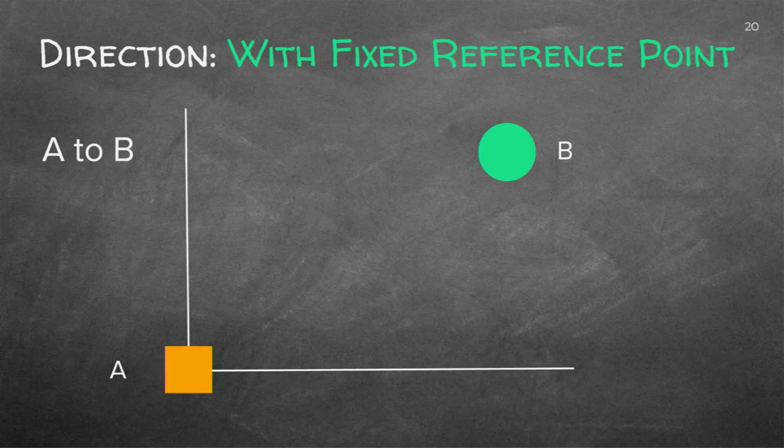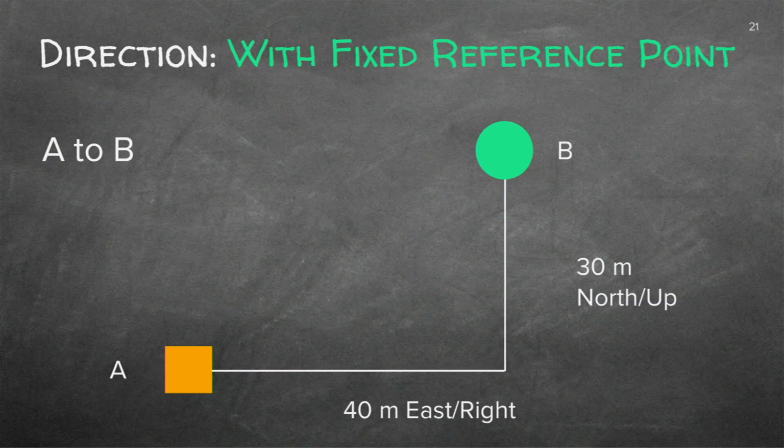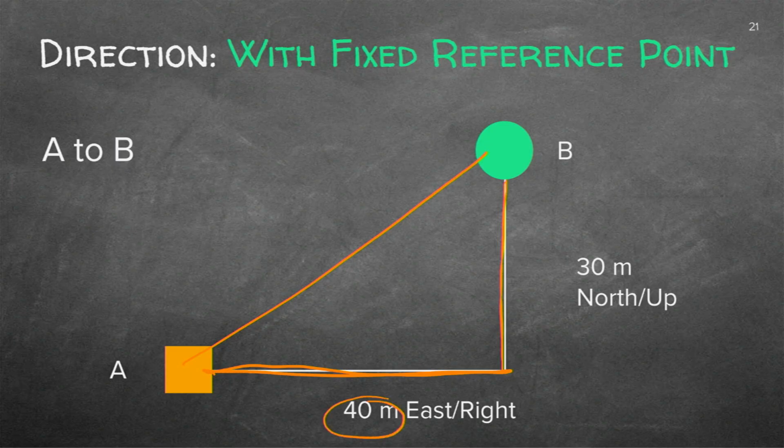Right, let's find the resultant from A to B. That's what I have now. So how am I going to find the resultant? Well, I know I've got a x value and I've got a y value. And if you measured, you would, in this case, see this side would be 40 meters to the right. Getting to that point, going up 30 meters to the north, and that is a similar figure that you've done in math.